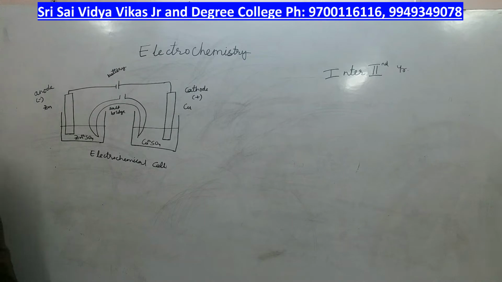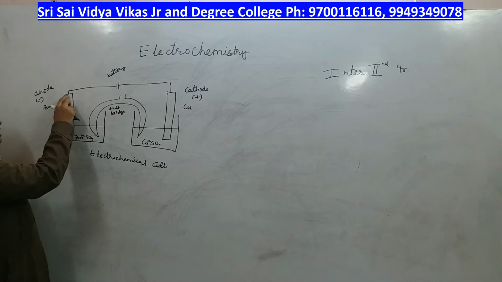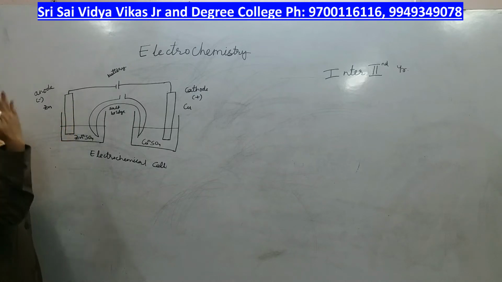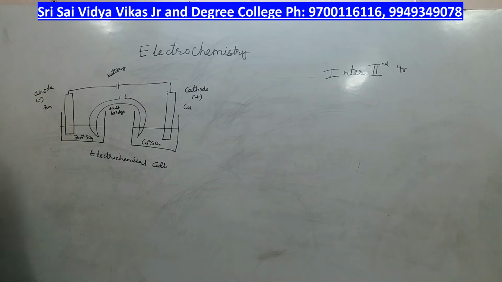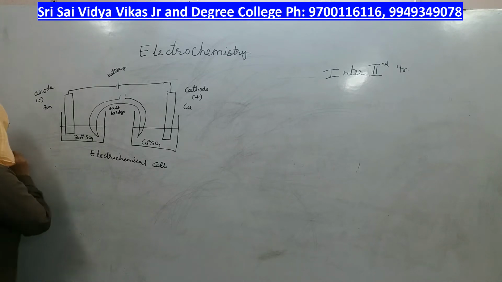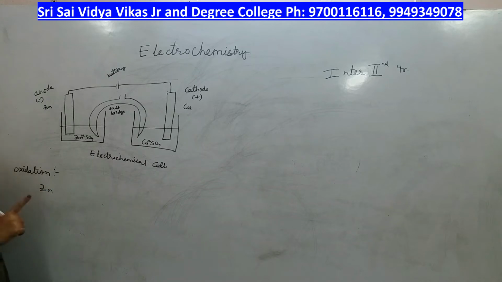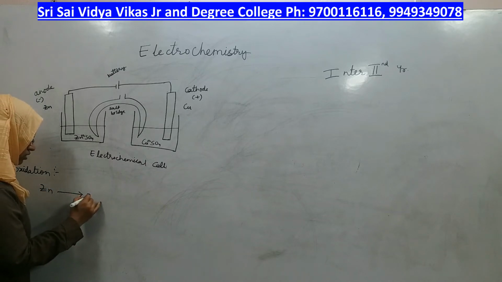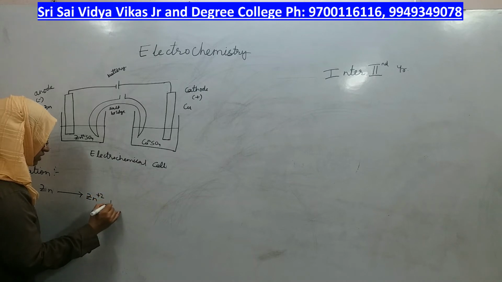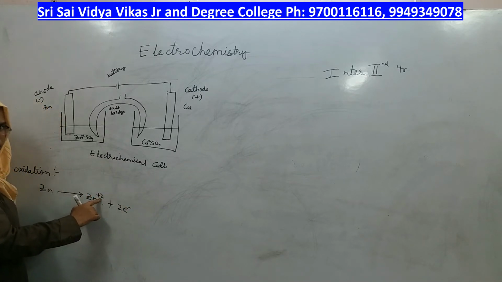Coming to the charges carried by anode and cathode: as the anode loses electrons, so many zinc atoms are present on the surface of the electrode. All the zinc atoms lose their electrons and get converted into Zn2+, right? Oxidation reaction means loss of electrons, we said. How can you write the reaction? The zinc atom is present and it loses electrons. After losing electrons, what will it become? It becomes zinc ion, right?